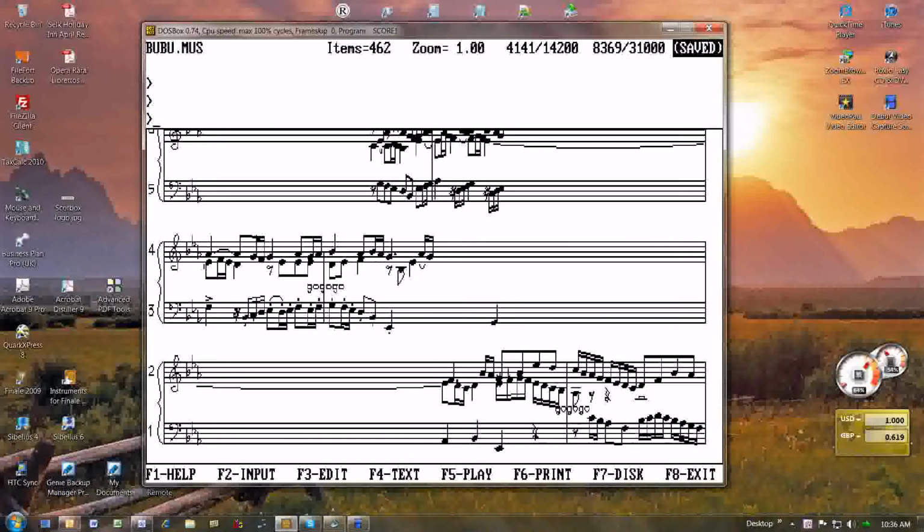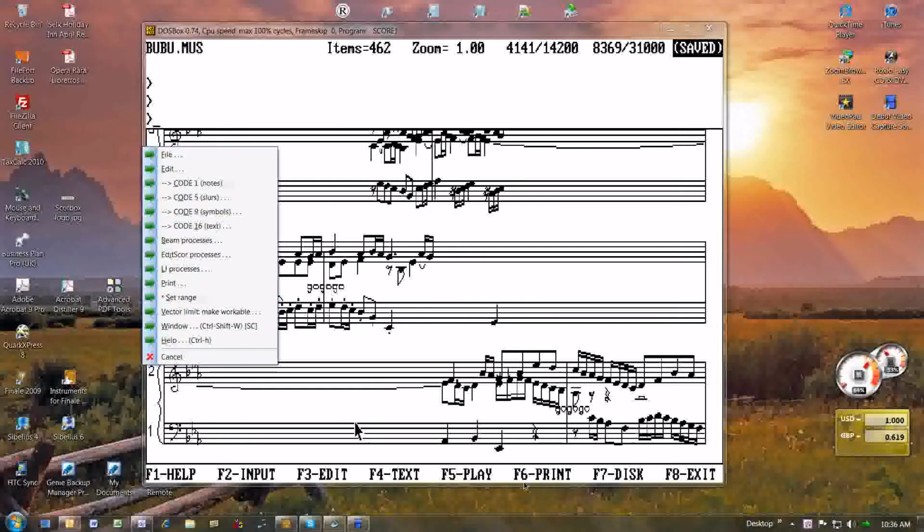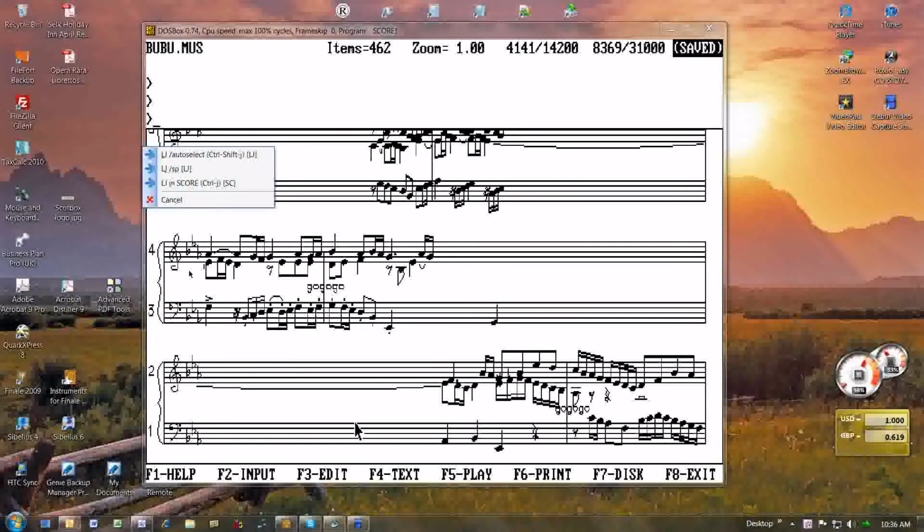Maybe what I wanted to do, instead of respacing the entire file, was just to space, say, the bottom system, staves 1 and 2, and then staves 5 and 6. I could do that with the SP switch, which I've also made a provision for. So I go to my master menu, LJ processes, and the second item on my menu is LJ with the SP switch. Now the SP switch